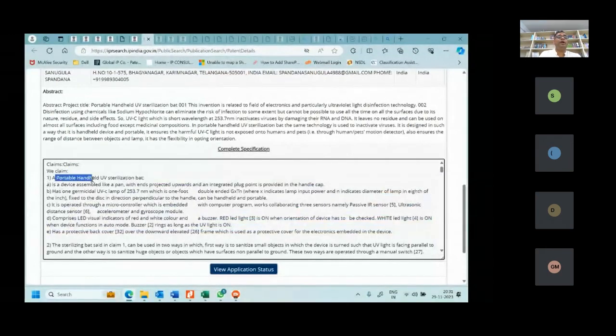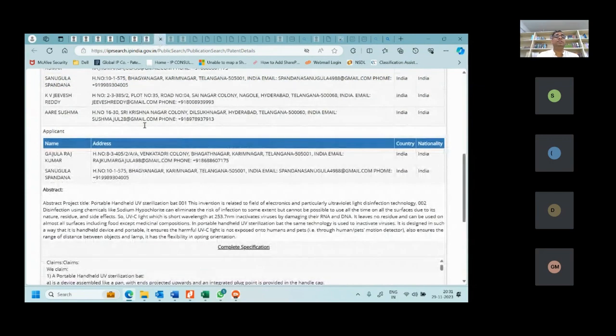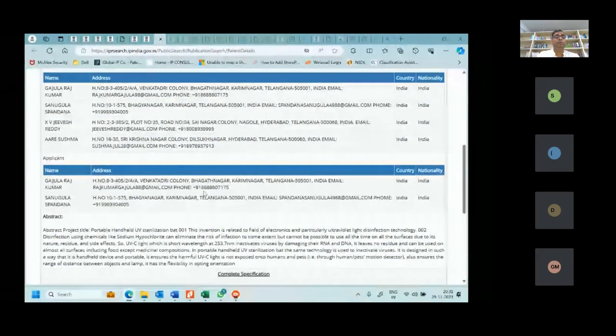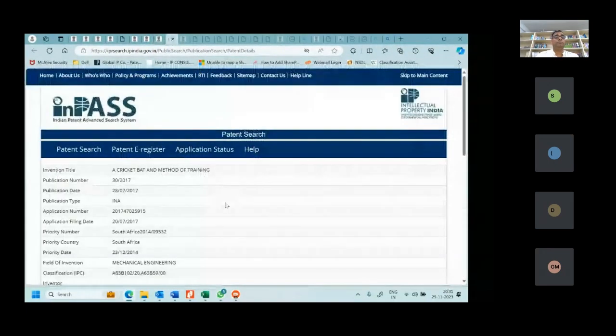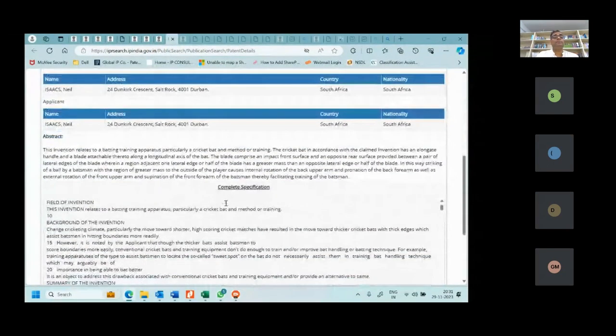It talks about directly, a portable handheld UV sterilization bat is a device. There is no transition element. There is no body. It is generally how people write. Why has this mistake happened? This mistake has happened because this has been drafted by the inventor himself. He has not taken